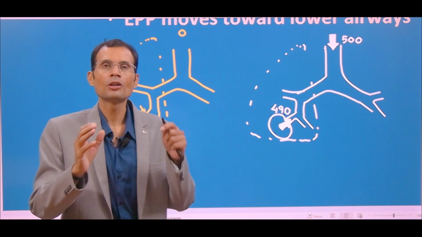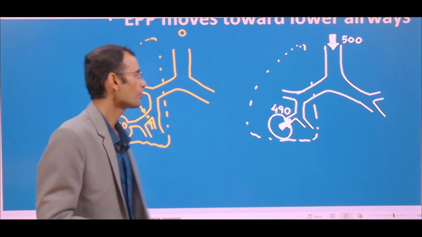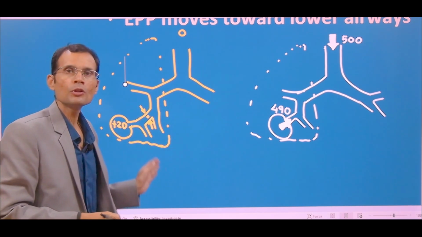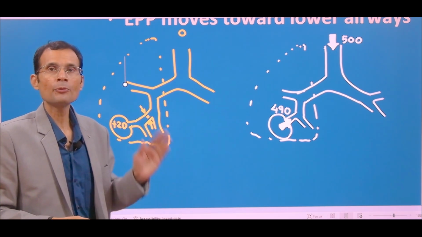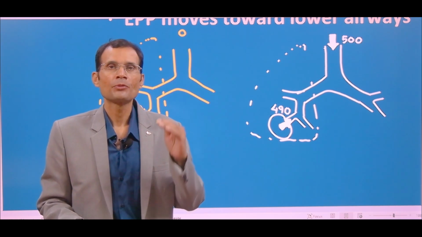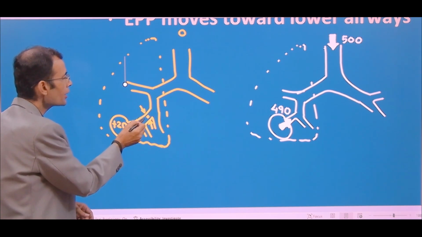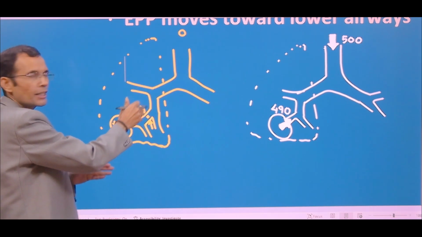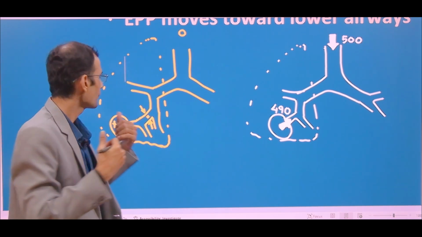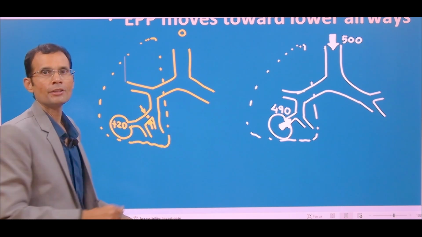Now with that perspective, try to understand what happens in chronic bronchitis and emphysema. The equal pressure point shifts downward towards the lower airways. Lower airways means non-cartilaginous airways. So what happens? Two things. As you start the expiration, the equal pressure point is reached early because the EPP has shifted downward. So it is reached early in your expiration. That means there will be early closure of airways after that point.